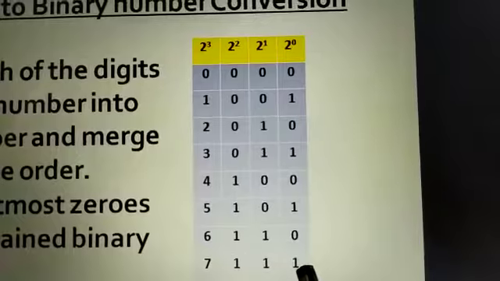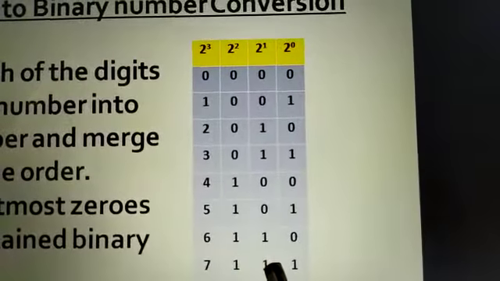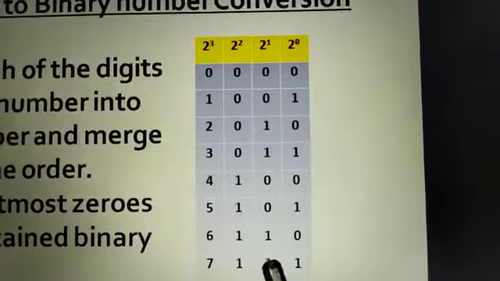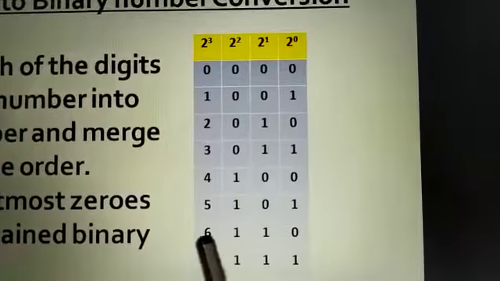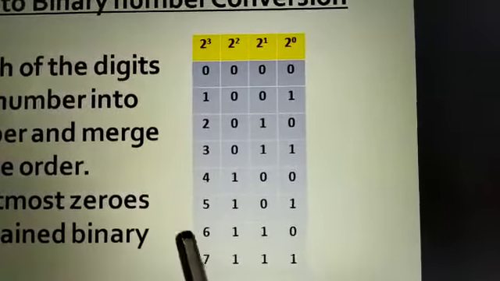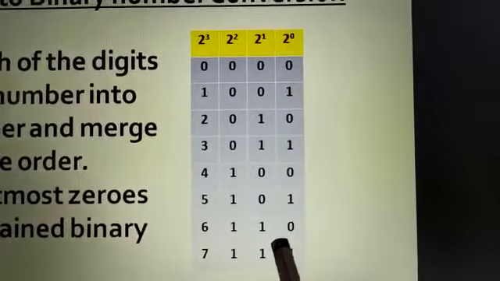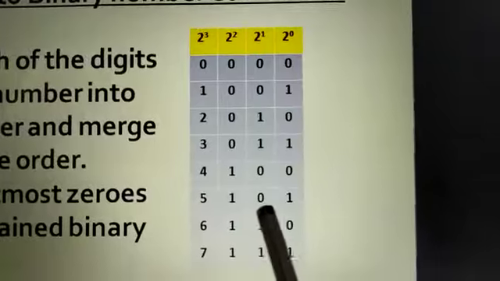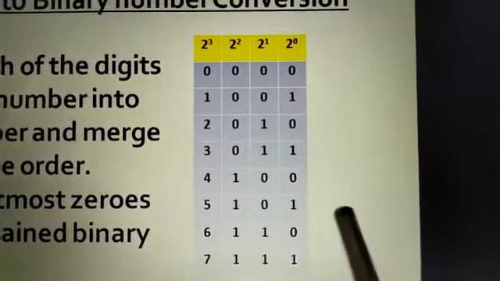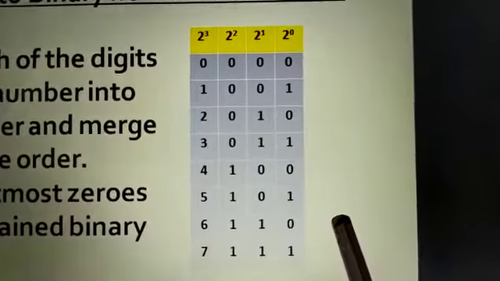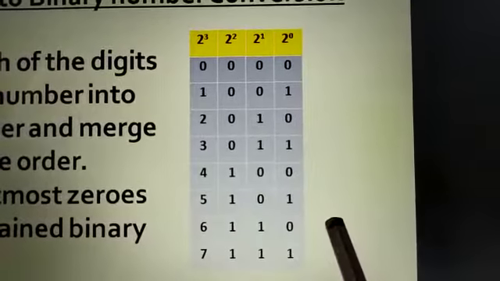And if you ask me how the conversion has been done, for that you can check out the previous video where it has been shown how to convert decimal number to binary, how that conversion can be done. The rule says that the number has to be divided by 2, then write the quotient below, remainder on the right side. You remember, na? I hope you do remember, or if not then you can just check out.